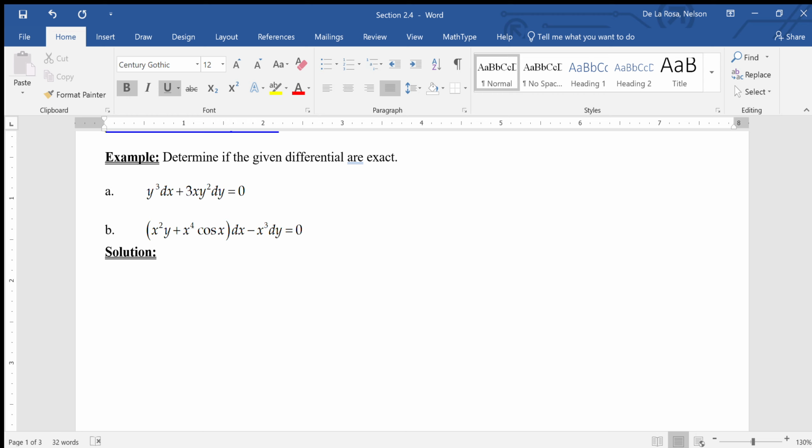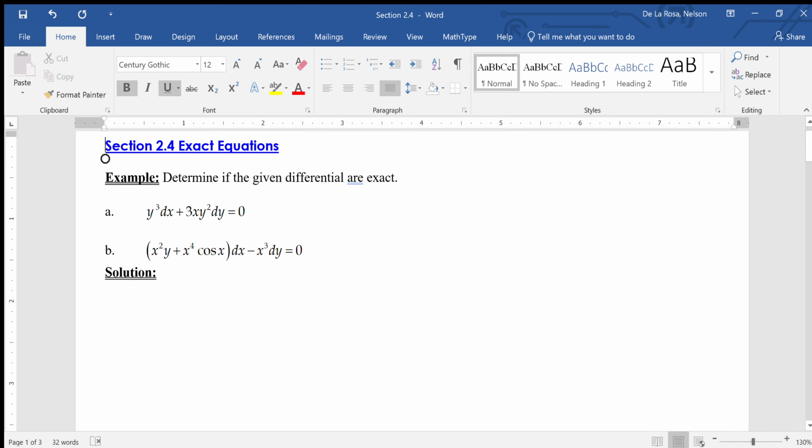Section 2.4. Determine if the given differential equations are exact. Okay, let's see. The first one. For the first one, we need to determine